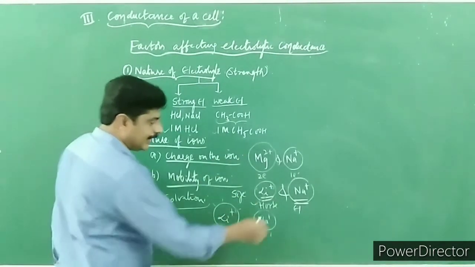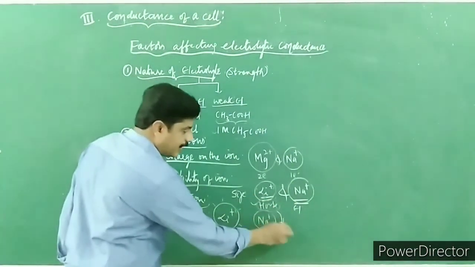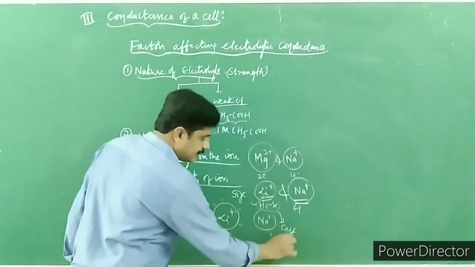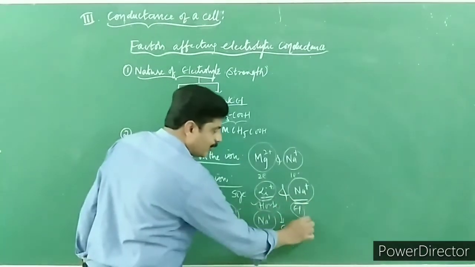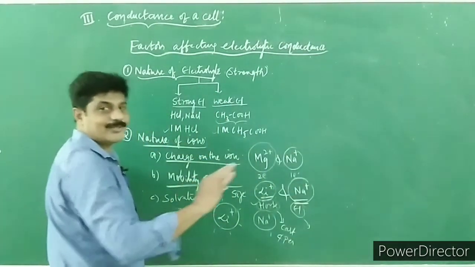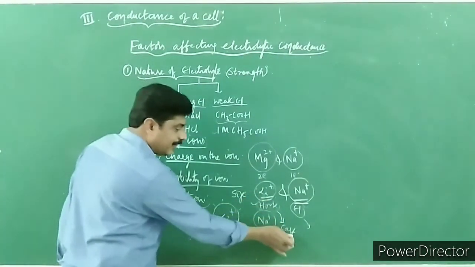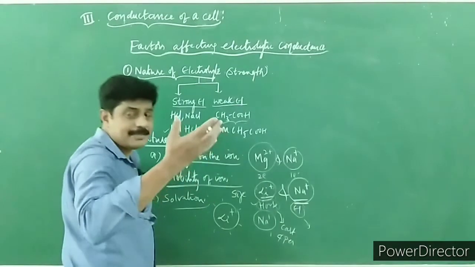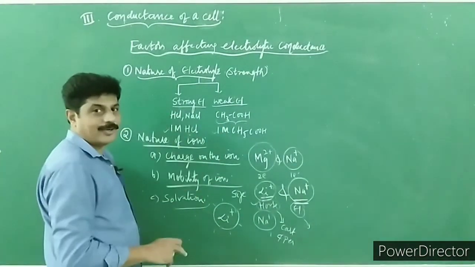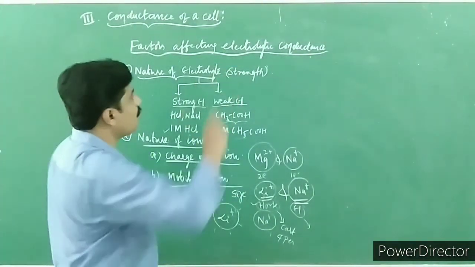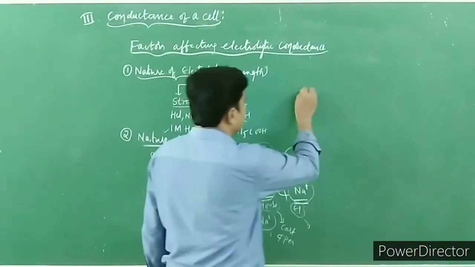You can compare. Look here. Imagine I am going to tie this horse to a cart carrying 4 persons. What will happen? It becomes heavier. Now look here, the elephant. I am not going to put any cart there. What will happen? It goes smoothly and faster than the horse, which is tied to a cart carrying 4 persons. That means it becomes heavier. Hope you got it. So that is how solvation plays an important role in the conductance of an electrolyte in solution. And the third one is what is that?